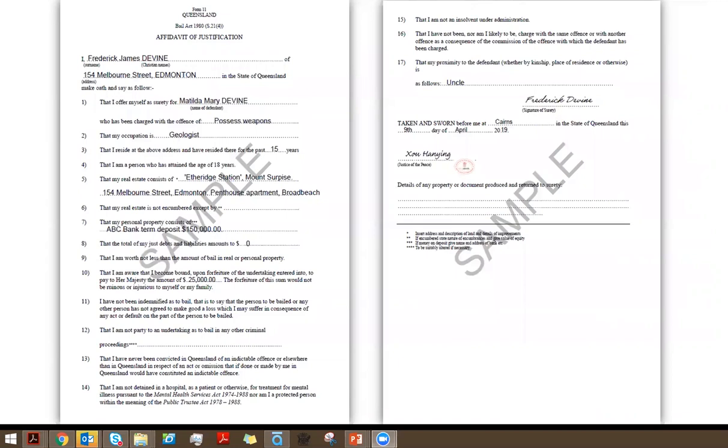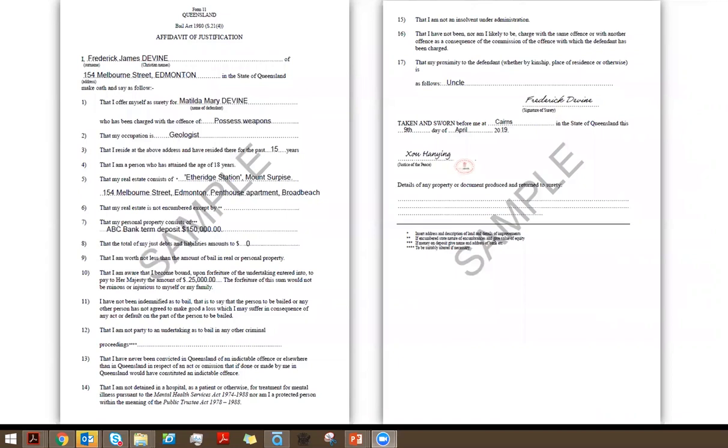In order for the surety to be submitted to the court, you will need to obtain a copy of the bail undertaking from the relevant court. That will show you the charges against the alleged offender and any bail conditions that may have been imposed by the court. And then apart from the bail undertaking document, you will also need to cite evidence of what the surety is agreeing to provide to the court.